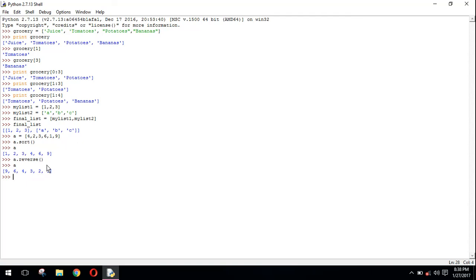Now how to delete a list? To delete a list we use the del command. This will delete the list. For example, if we want to delete my list 1, if I print my list 1, this is my list 1. If I want to delete it, I will just write del my list 1, and you can see now if I print my list 1, there is an error. Alright,